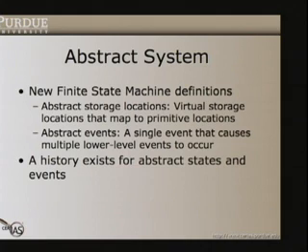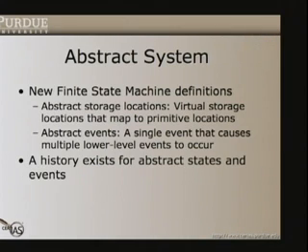And there's many other examples. Any data structure we use in a programming language is essentially an abstraction. You're taking bytes in memory and you're grouping them into a 4-byte integer or an 8-byte integer or a floating point or some other larger abstract storage location that's being mapped to and transformed by some lower level primitive storage location. We also have abstract events, which are basically